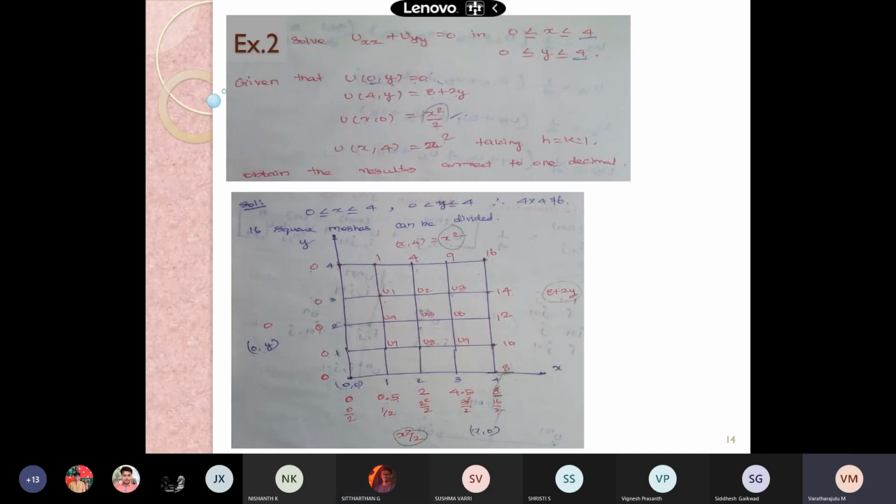We need to find u. That is, u is our focus of interest. With the aid of various x and y, we need to find u. Here I have applied 0 by 2, 1 by 2, 2 square by 2, 3 square by 2, and this is the u value at x. This is the u value at y, and similarly this is the u value at y. And here this has to coincide. And here also these two values have to be merged. Here also it has to be.